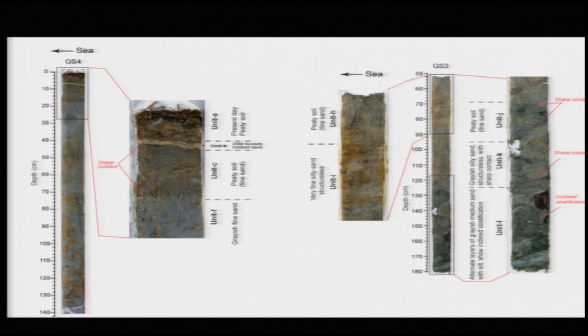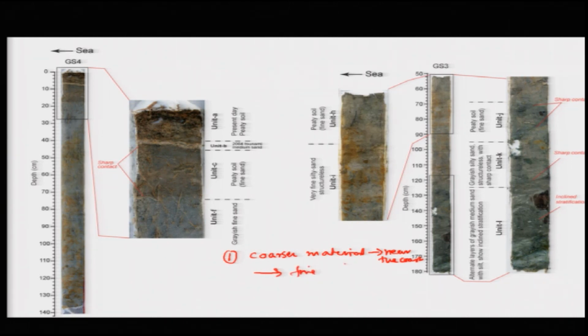Again, the very sharp contact here and the very thin sediment layer here of medium sand. And one thing which you should remember is that the grain size of the tsunami sand reduces. So, you will have the coarser material near the coast, and if you move further inland, then it will become finer.